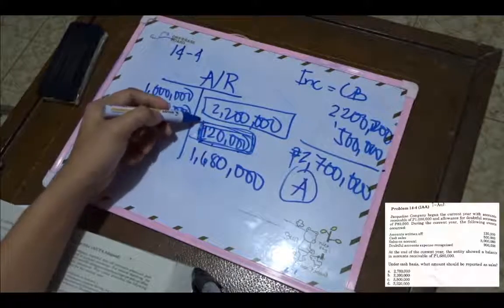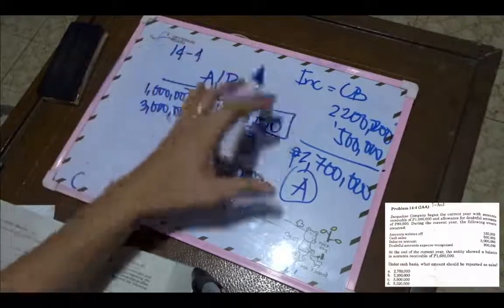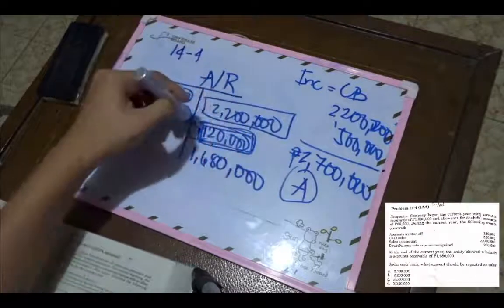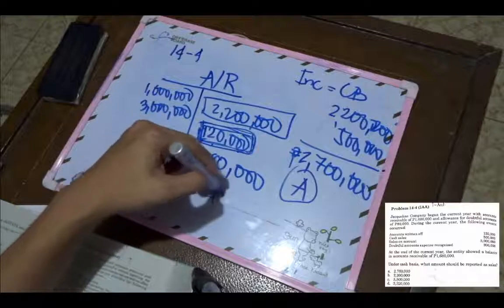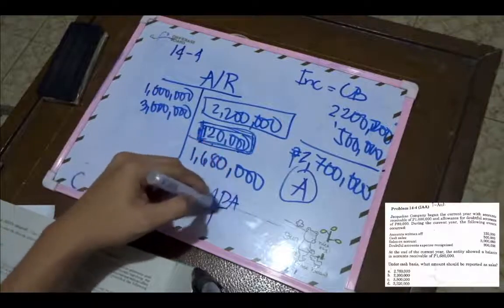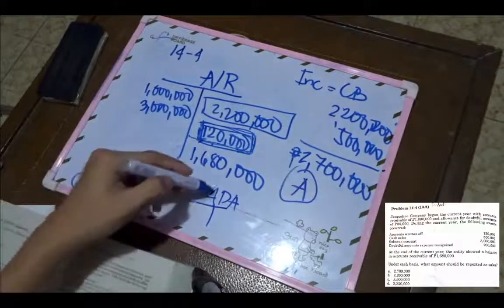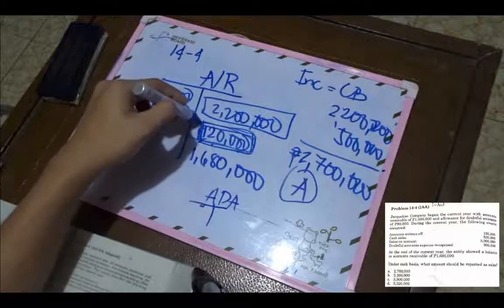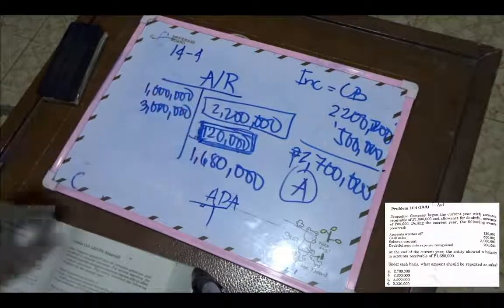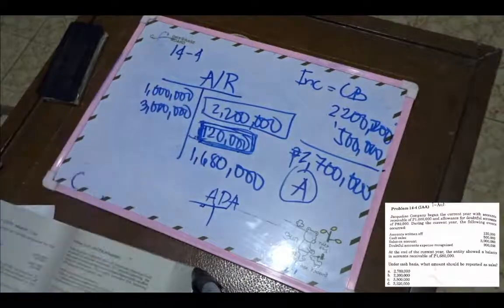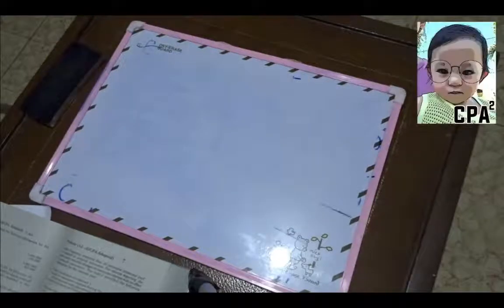Okay, you will need that before you can have this AR T account. So the ADA, or allowance for doubtful accounts T account, will only be necessary if the accounts written off is not given. In this case, it's given in the problem, so there's no need to look for it. So the next one is